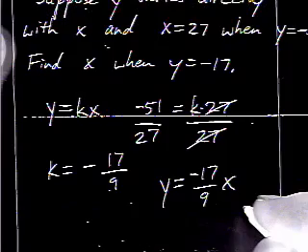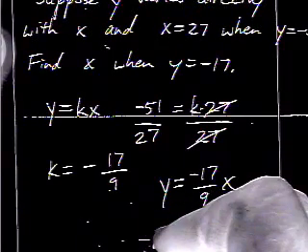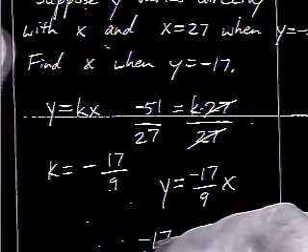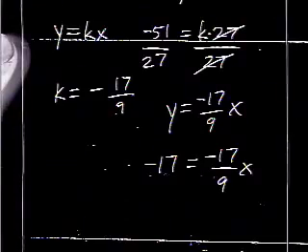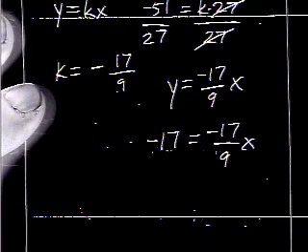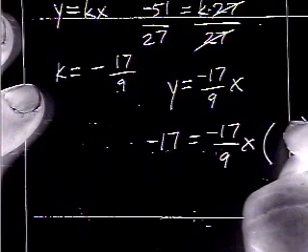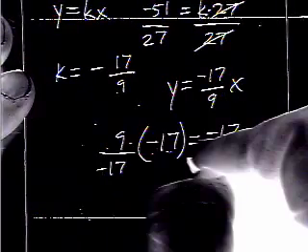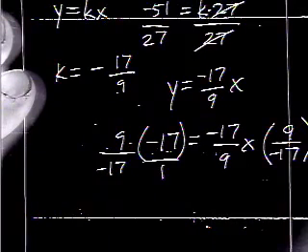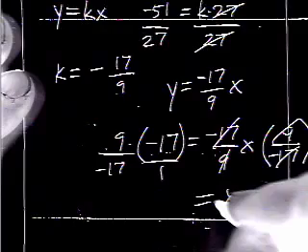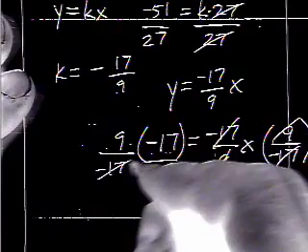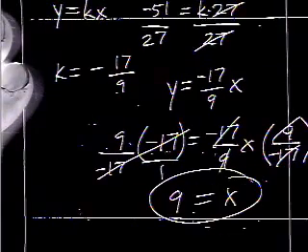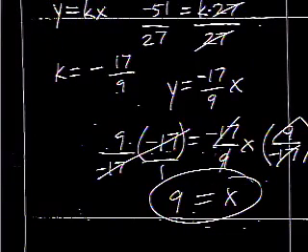And it says find x when y is negative 17. So let's suppose I plug in my y value of negative 17, and I'm trying to find the x value that goes with it. What am I going to do? I'm going to multiply by the reciprocal, 9 over negative 17. Of course, all of this stuff's canceling out, leaving me x on that side. Nicely, this side's canceling out, leaving me with 9. And that's how we finish that problem off. Those are the notes about direct variation on section